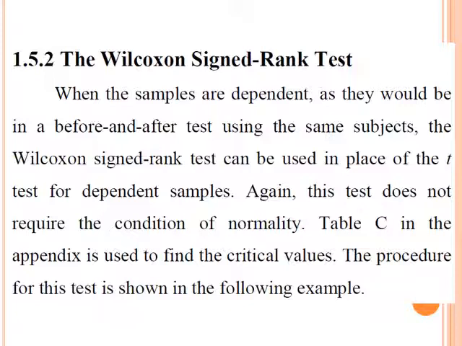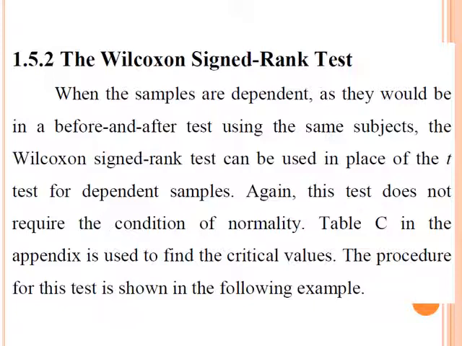If we have two independent samples, we use the first case of the Wilcoxon test, which is the Wilcoxon rank sum test. We already covered this test and took an example and exercise on it in the previous lectures. Now we will move to the Wilcoxon sign rank test. We use this test when the samples are dependent because there's something common between the samples, like before and after tests. When the samples are dependent, as in before and after tests, we will